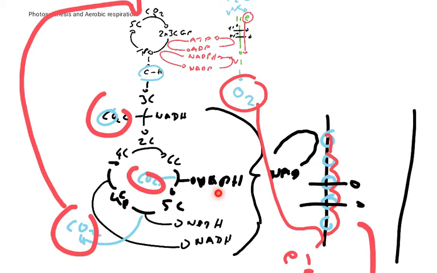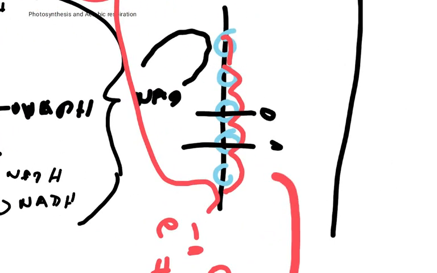The NAD produced from the link reaction and from Krebs cycle goes off to the inner mitochondrial membrane, where it delivers an electron and goes from being reduced NAD to being oxidized NAD. That electron travels down a chain of carriers in the inner mitochondrial membrane. As it does that, it pushes protons across the membrane,